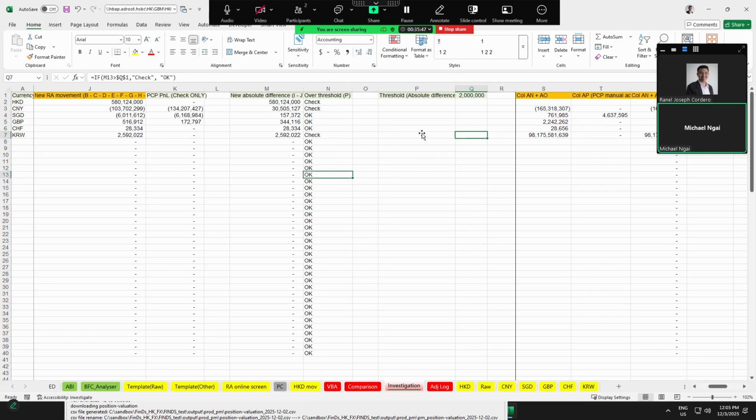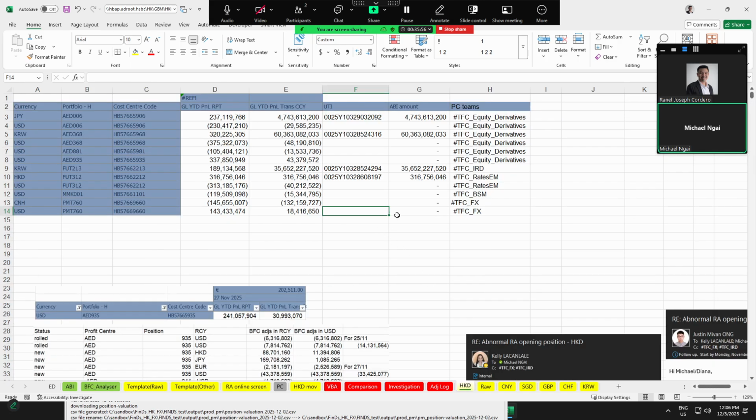That's a good question. For that, I usually just do it under the currency tab. Like for Hong Kong dollar, when you go to the Hong Kong dollar tab, you can see I mainly do my investigation directly on the tab.